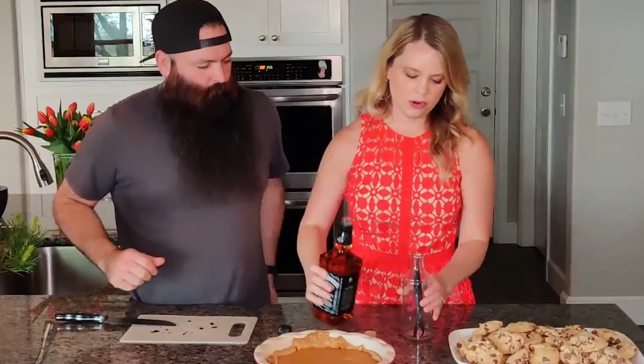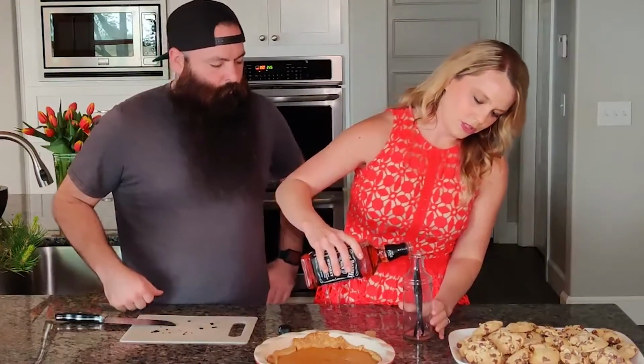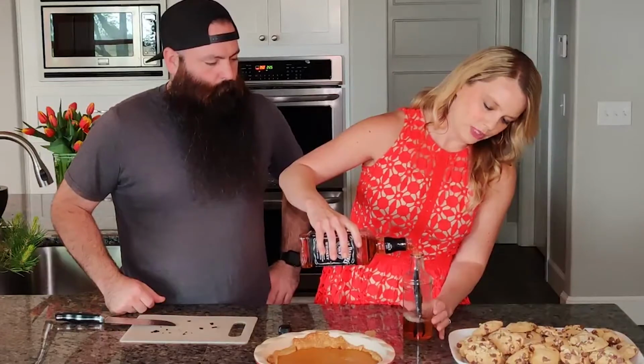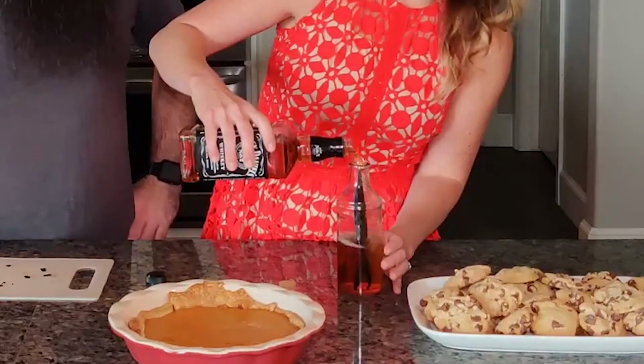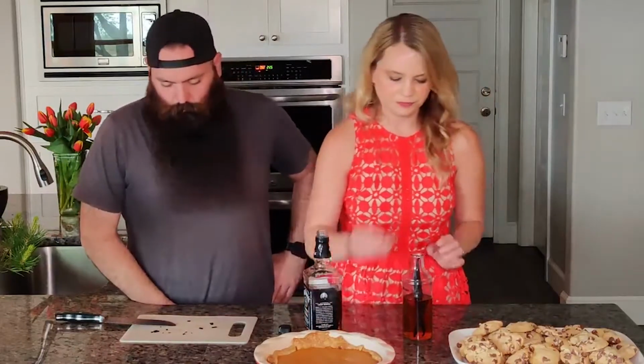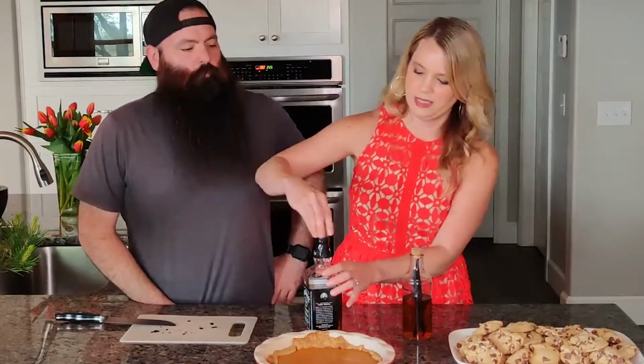We've got a little bit of Jack Daniels here, but any whiskey will do. Pour this right in. You're gonna wanna go probably about 3/4 full, not entirely full. There, just about that, just about 3/4 full. We're gonna go to cap this,